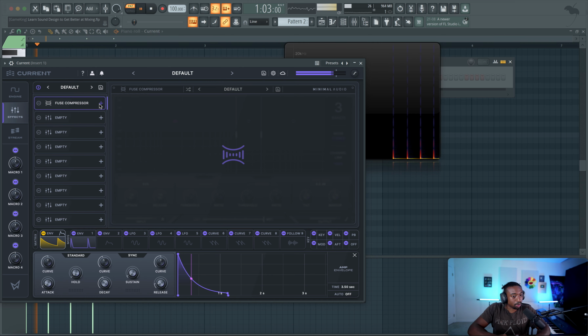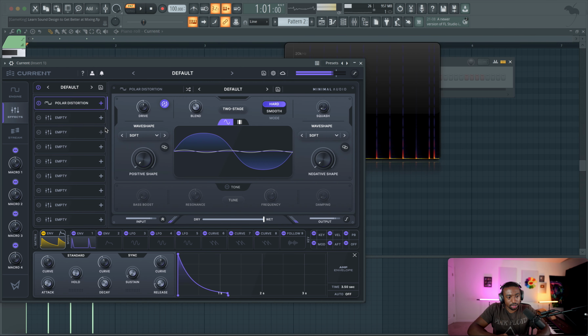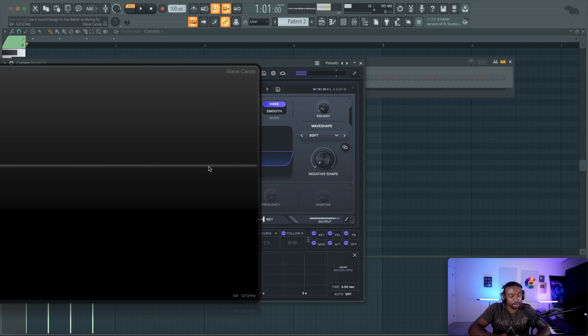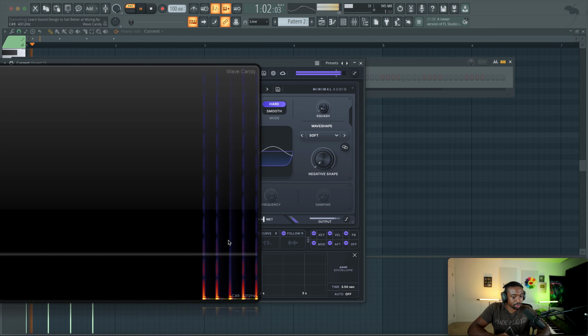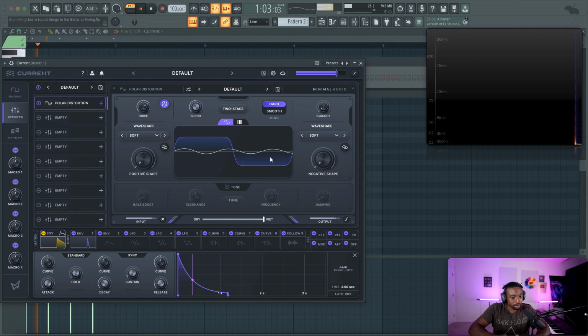And now we need some harmonics. So let's add something like a distortion plugin. Now I wouldn't always go to distortion, but let's just use their built-in. And now we're getting what? Upper harmonics to the sound. We're filling out the sound more. So you see these horizontal lines, those are called harmonics. So we're taking that sine wave shape and making it more like a sawtooth or a square shape.